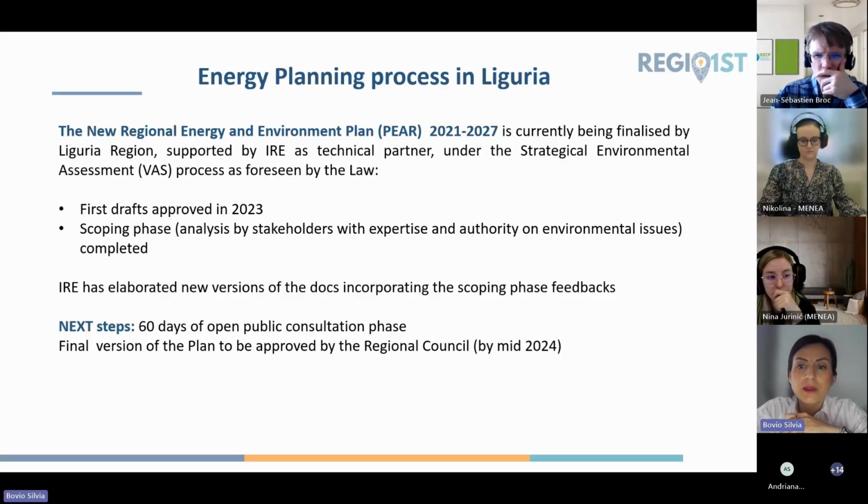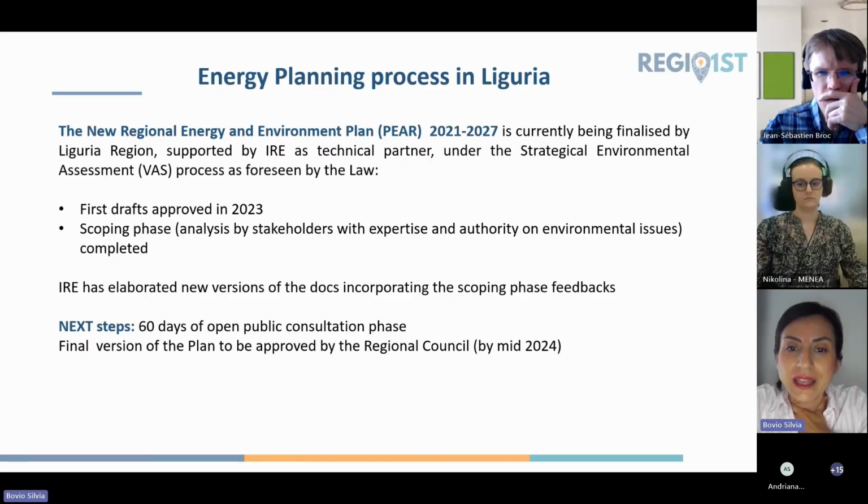Sorry, this is a mistake, but it is by the end of 2023. So the objective of Liguria region is to approve this plan after the 60 days of consultation phase and after the feedback phase, because we work on the final version of the plan, because we had to incorporate also some feedbacks of the citizens or other stakeholders, and that Liguria region wants to